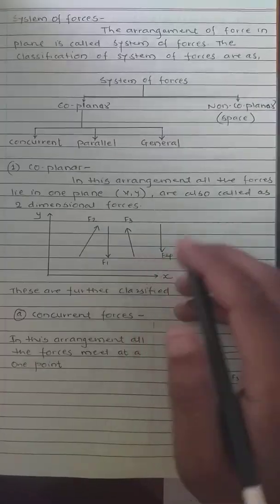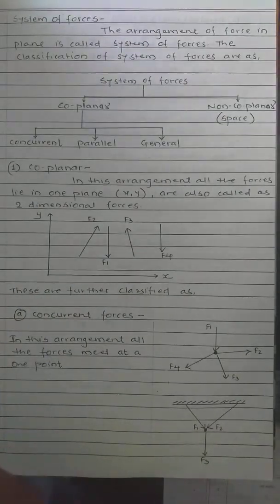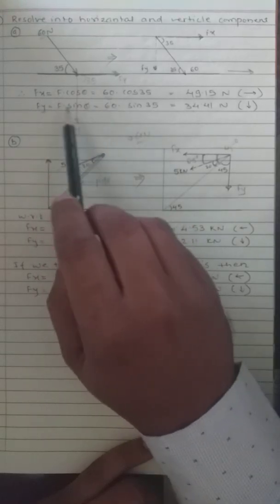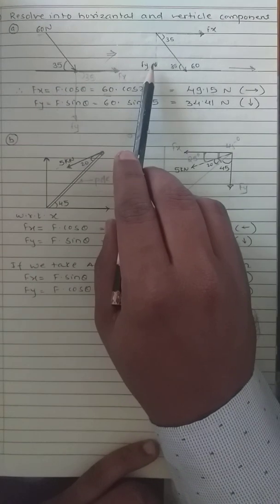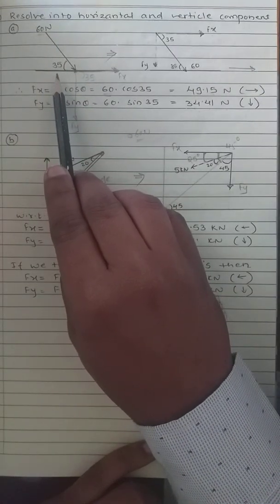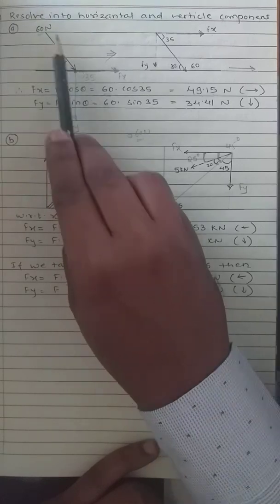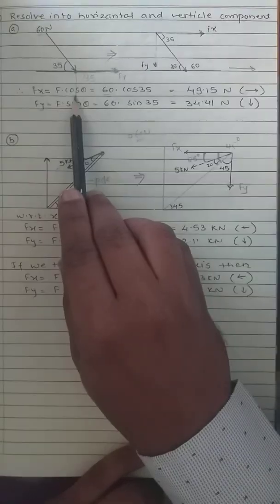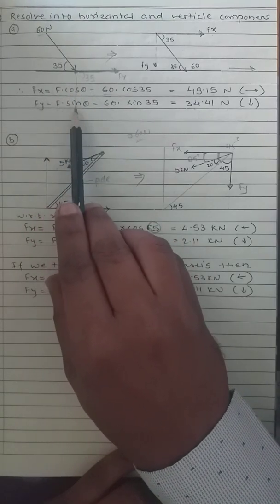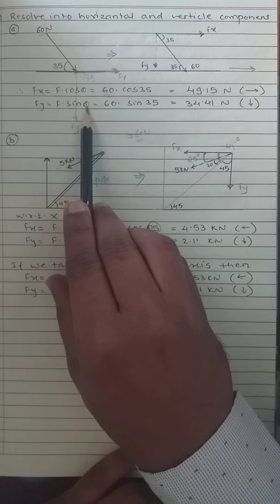Okay, so in the last lecture, we studied how to resolve forces along horizontal and vertical components, that is F of x and F of y. The prerequisites required here are the magnitude of the force and the angle with respect to the x axis. Once we know theta and the magnitude of the force, we can resolve the force along x. F of x is equal to F into cos of theta. F of y is equal to F into sine of theta. Important: theta is with respect to the horizontal axis, the x axis.